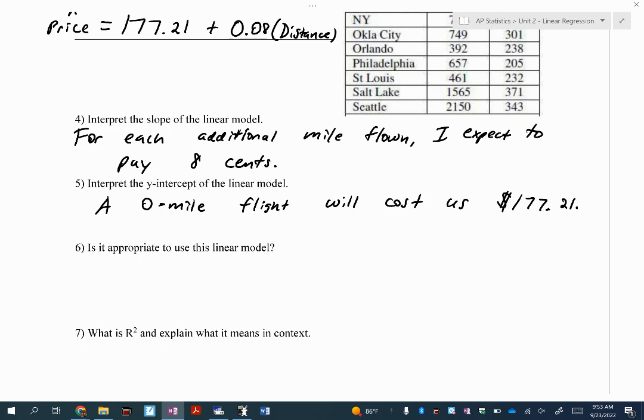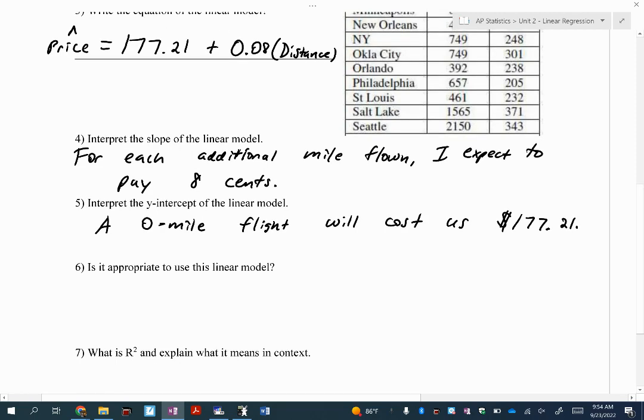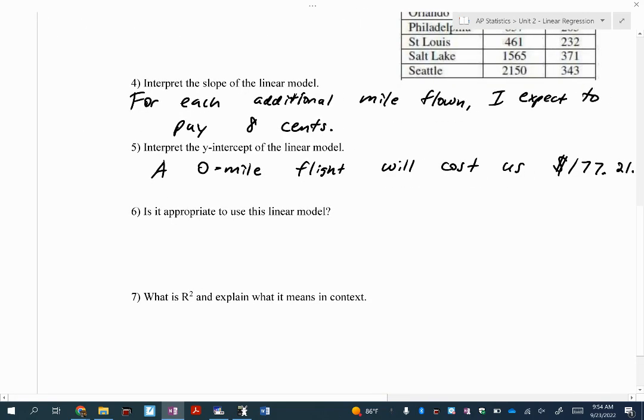Okay. Is it appropriate to use this model? Remember, we just wrote it down, right? I just wrote this model, okay? We have to see if it's appropriate to use this going forward, like I mentioned with the Houston example. So here's what you have to do. You have to check. I'm going to put it on the side here, and then I'll write what I'm doing. I have to check